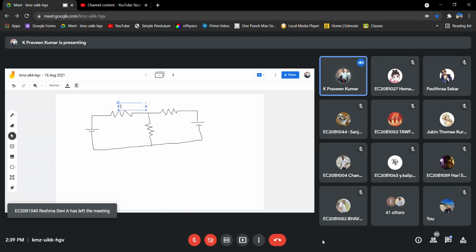For simplicity, we'll take all values as 100 ohms.